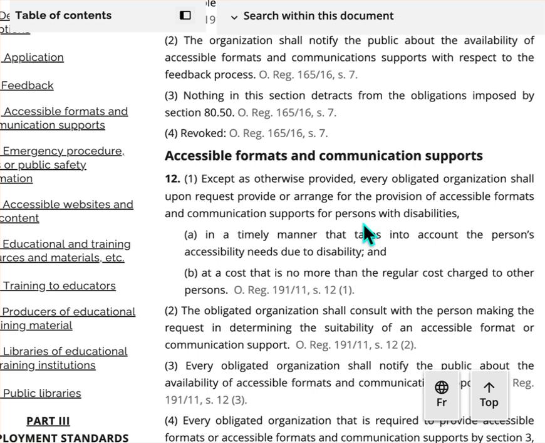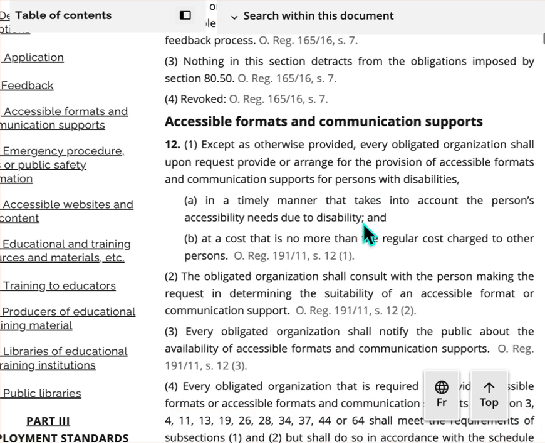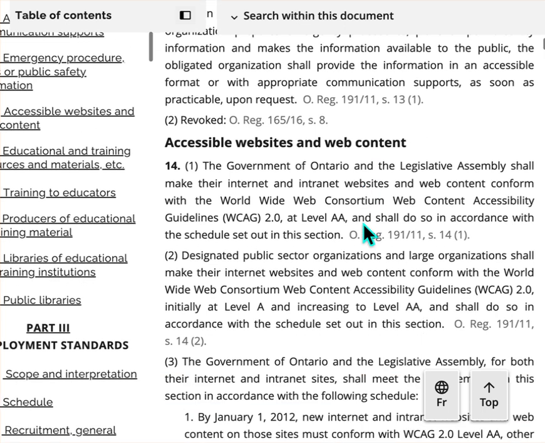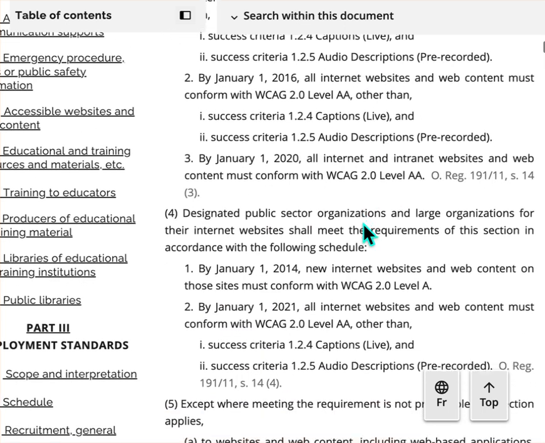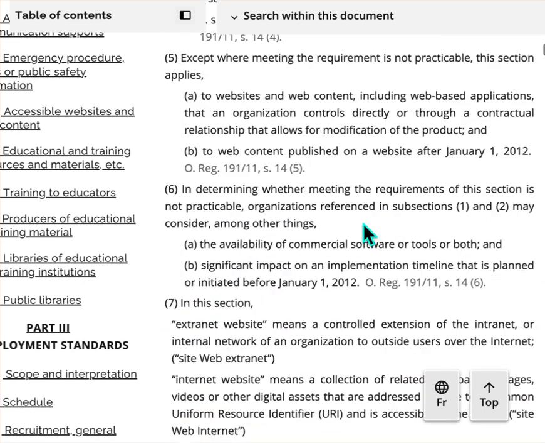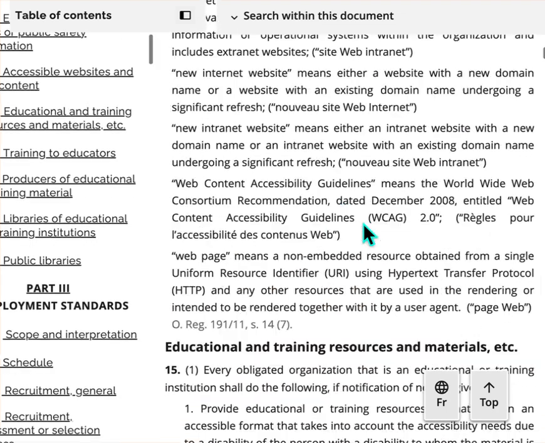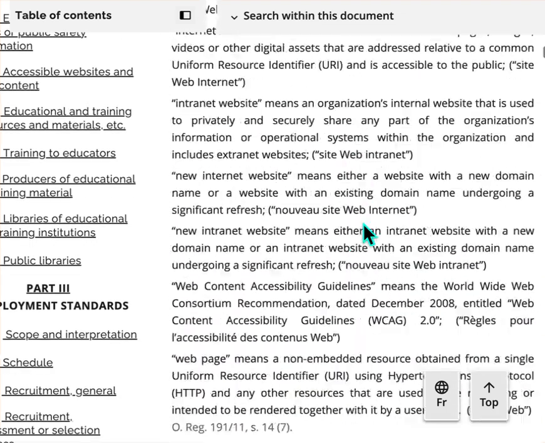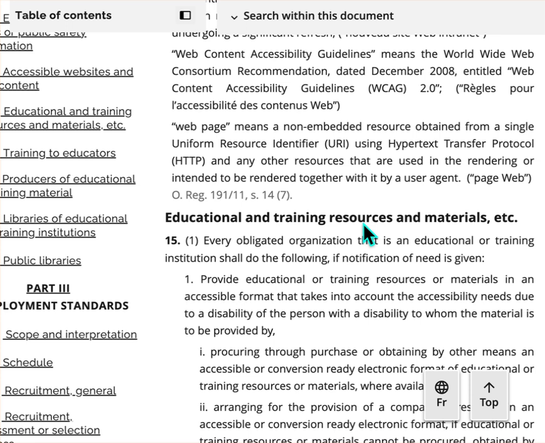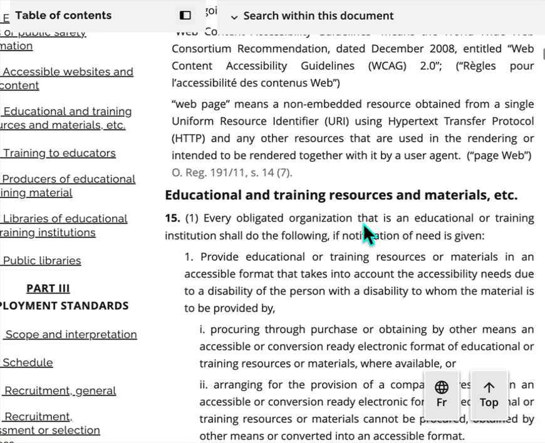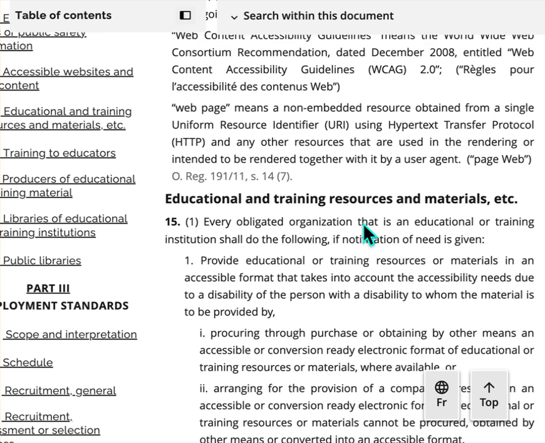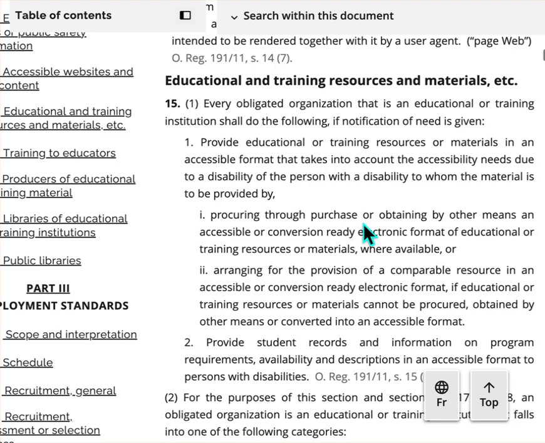Also, there is a section for training: train all staff on accessibility requirements. So there needs to be this component of training as a part of the requirement for AODA, that all staff be trained for accessibility. And then organizations with 20 employees and more must file an accessibility compliance report with the Ontario government. So that's required.